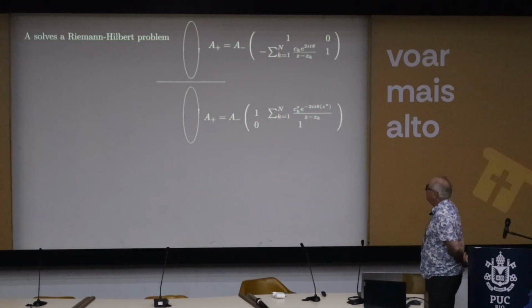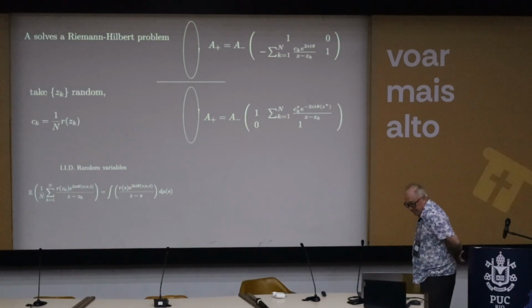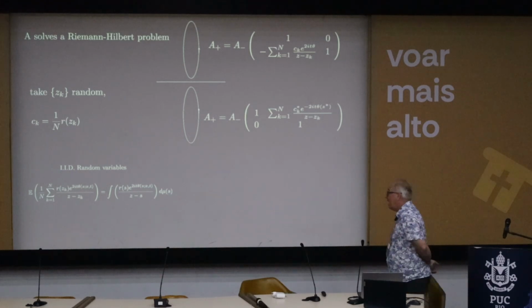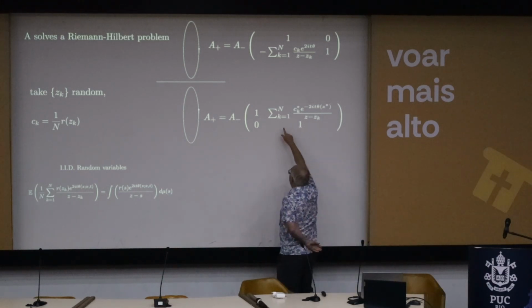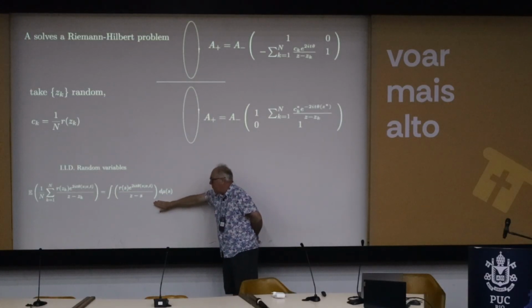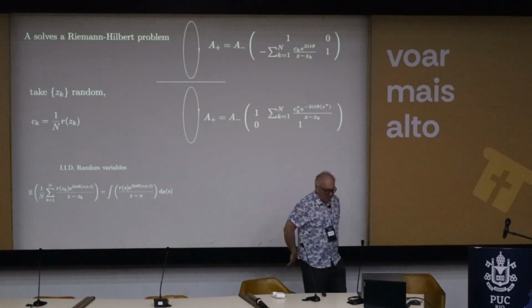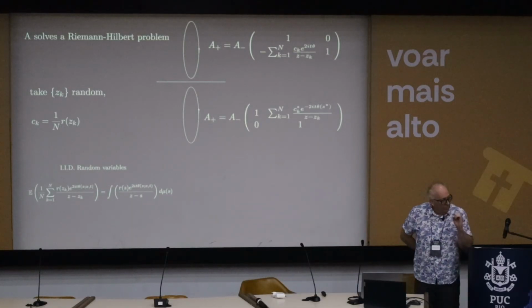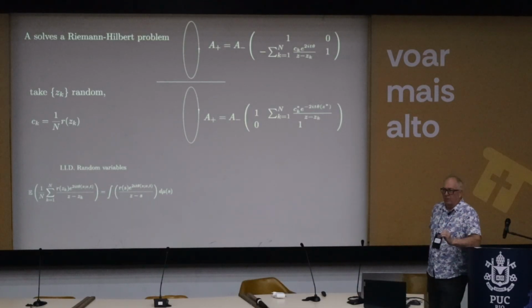This is the Riemann-Hilbert problem that A satisfies, and it still has randomness because those Z_k are random. But what you're looking at in that jump relationship is a linear statistic, and we know a lot about these linear statistics. For example, the average of this random sum is actually deterministic and independent of n. It's just this integral right there. That's exactly one of the reasons why there's a 1 over n floating around, so that we can take averages and get something which is independent of n and explicit.